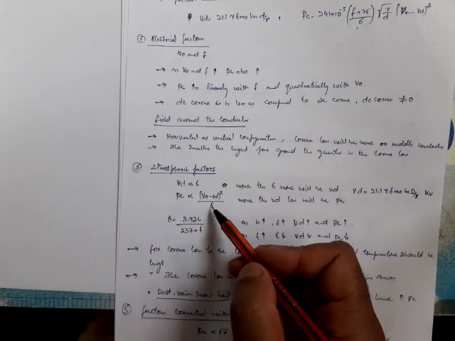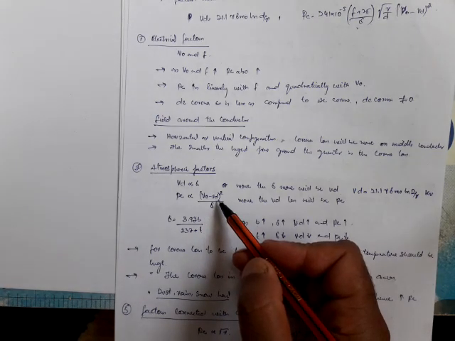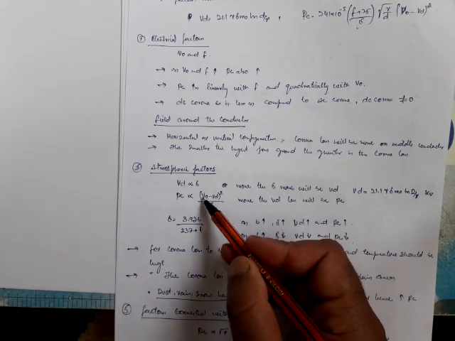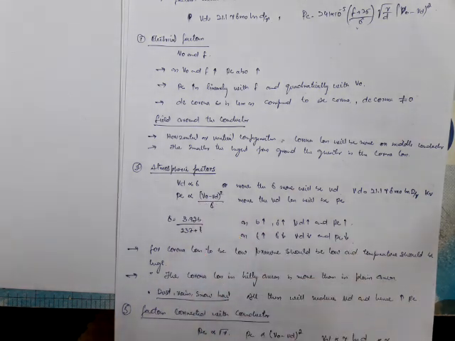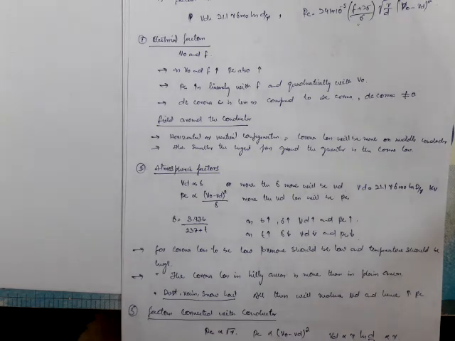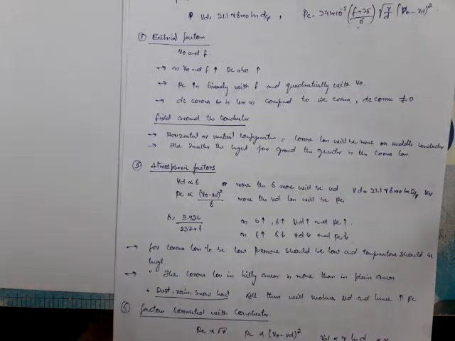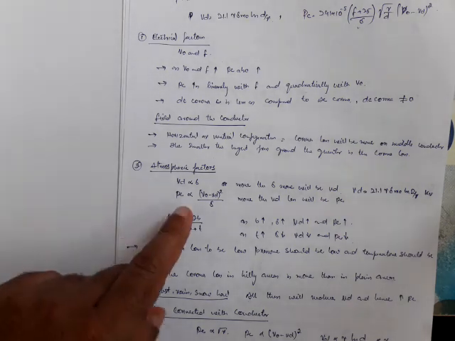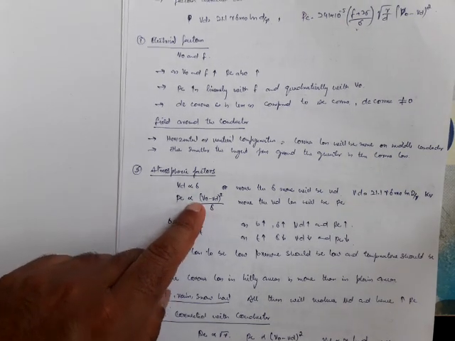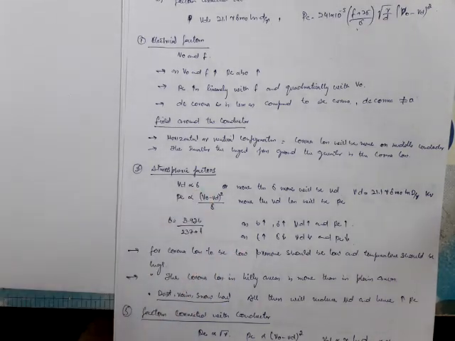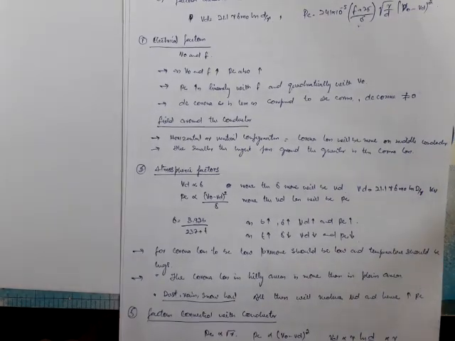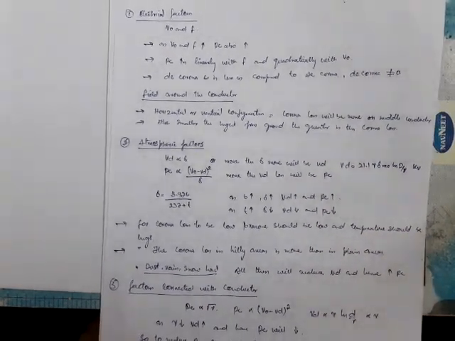When delta increases, this VD will increase, so this term will decrease. Here also, when delta increases, the whole term will increase. In both cases, it has the same effect. Or we can say, when delta increases, PC will decrease manifold, because the numerator will decrease as a square, the denominator will increase, and the whole term will decrease inversely to delta, and overall the PC will decrease. Now how will this delta increase?